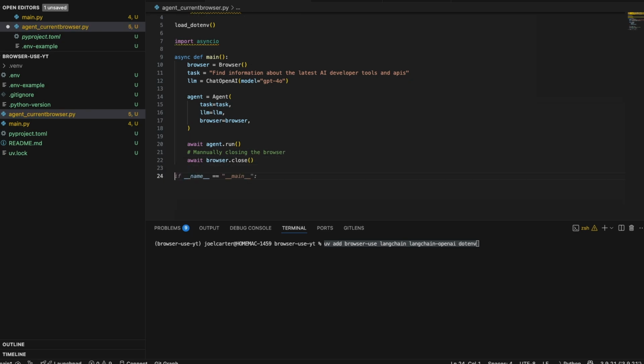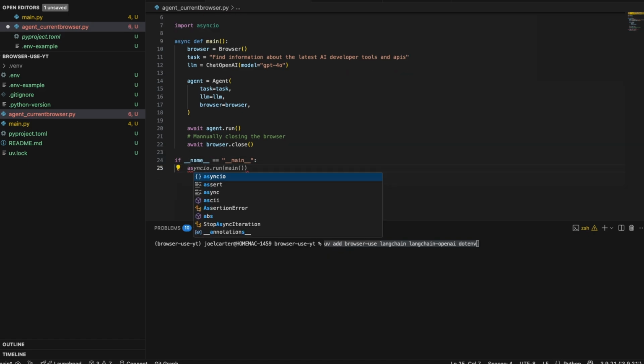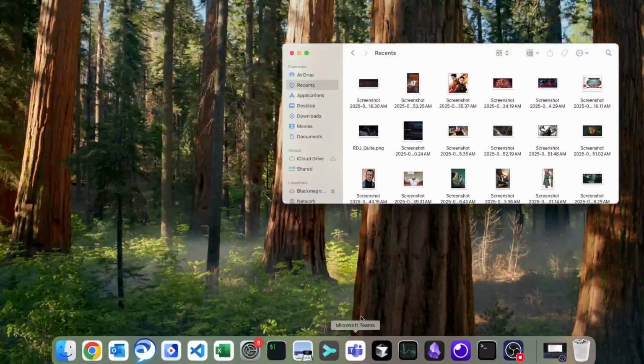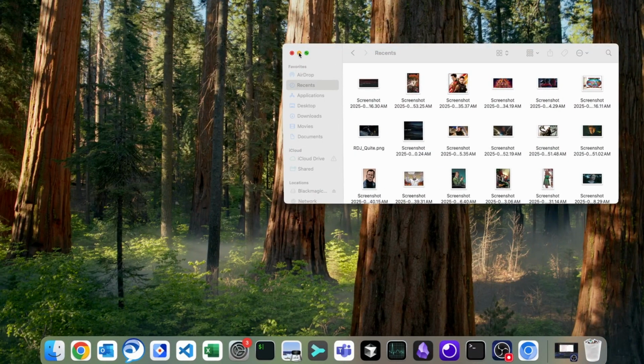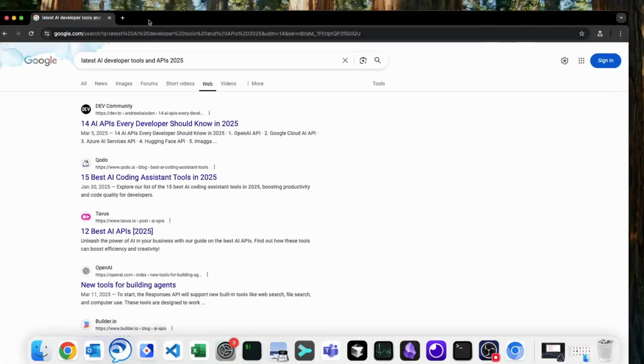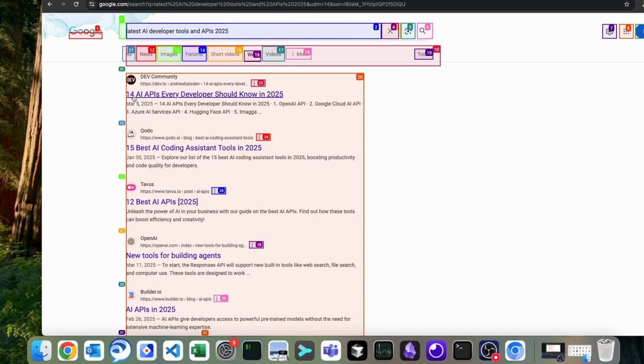And then go ahead and run this bad boy. So we'll say if __name__ is __main__, then we'll say asyncio.run(main). Cool. Okay, so now I'm going to go ahead and run this. I'm going to just say python agent_current_browser.py. I'm going to go ahead and bring this over on screen because it happened off screen, and we can see now that we have